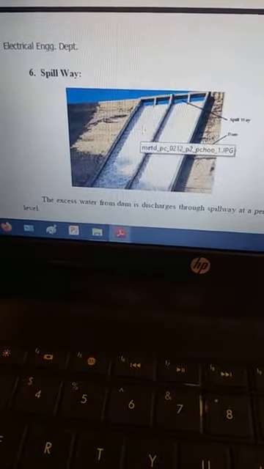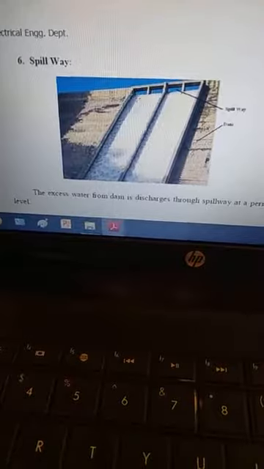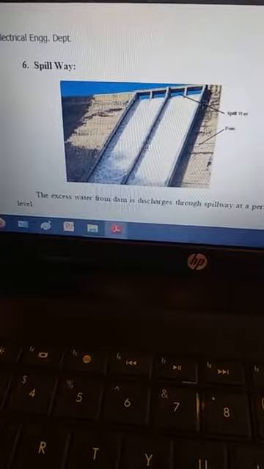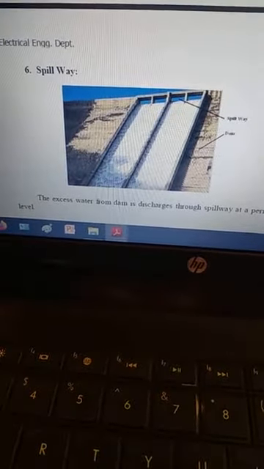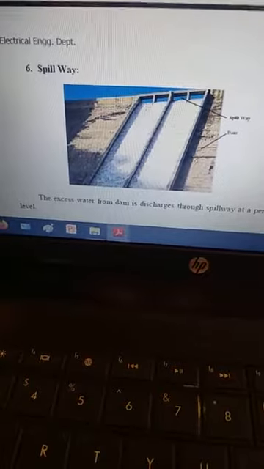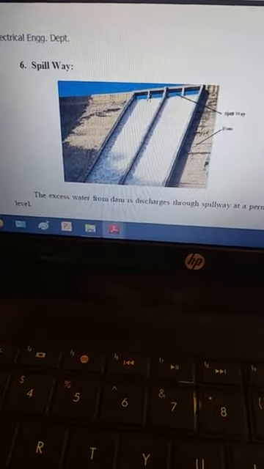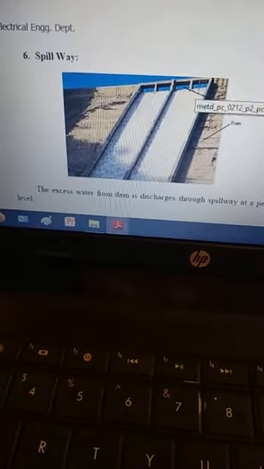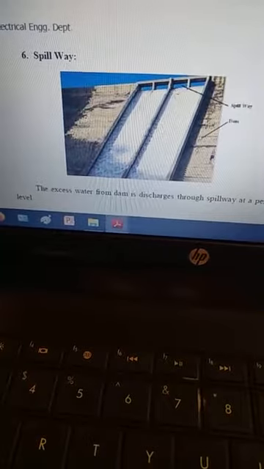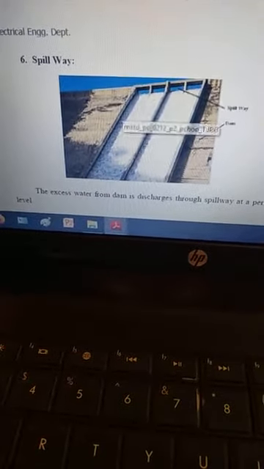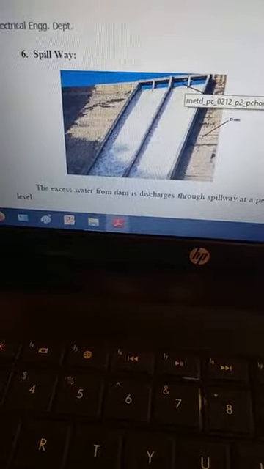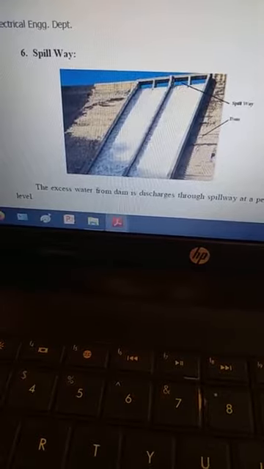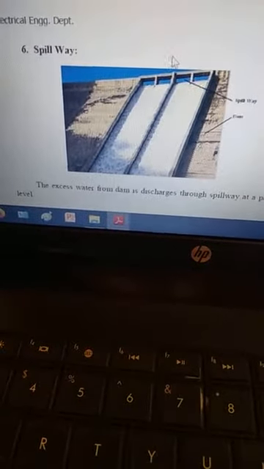Though the penstocks are connected to the dam, there are also some valves there. You can see this structure here, where water is allowed to flow through these gaps, and these gaps are called spillways. What is the function of the spillway? You have to allow water to flow through these spillways when the water level goes high in the dam. So in spillways water is also allowed to flow, just like in the penstock, when its level is high in the dam.